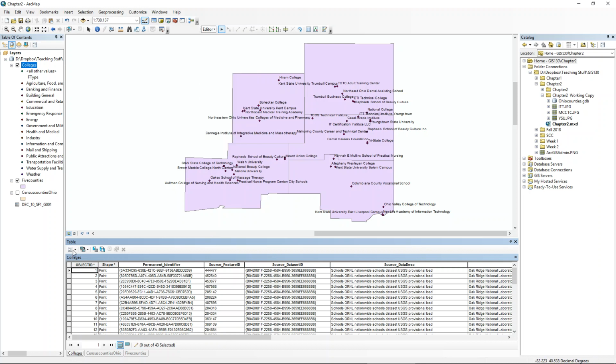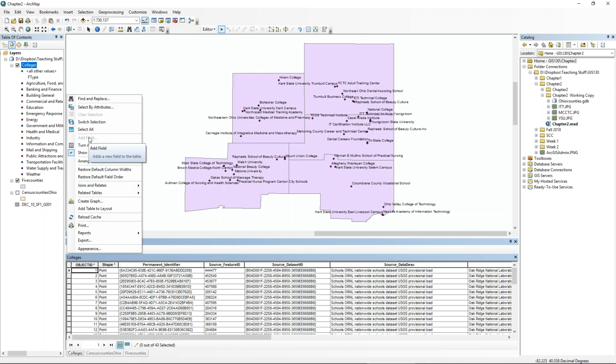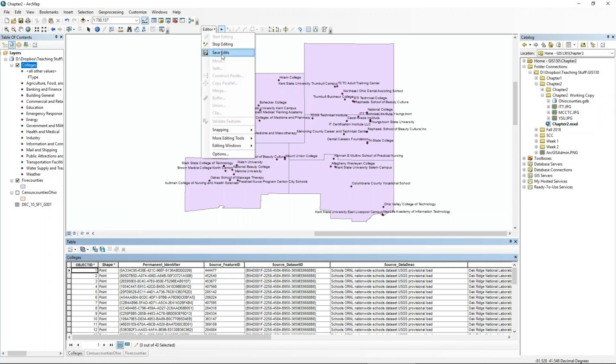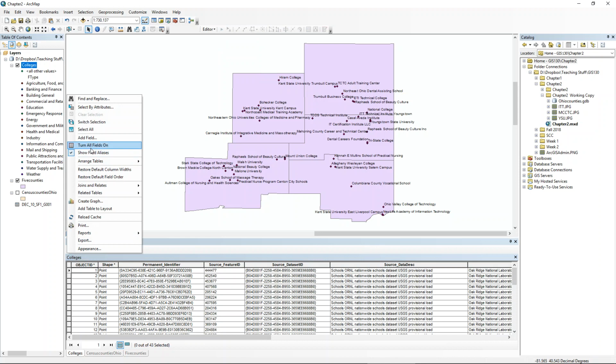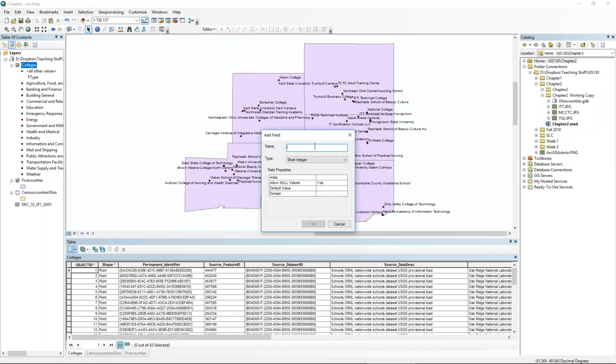So here's another thing. If you try to go and add a field, and it's grayed out, you're probably in edit mode. You cannot add fields while in edit mode. So now that I've stopped editing, I can click on add field,